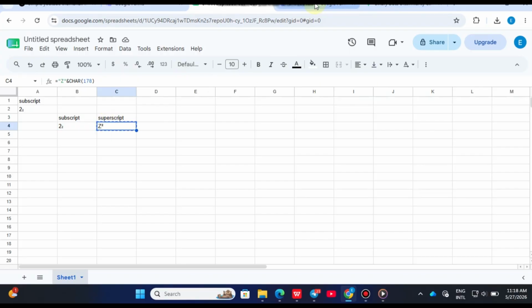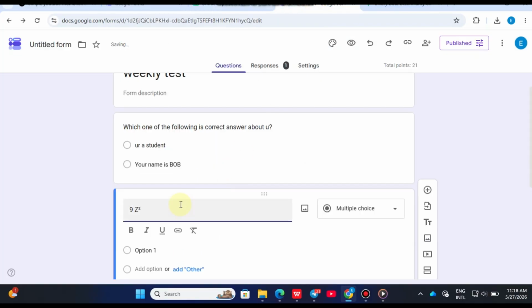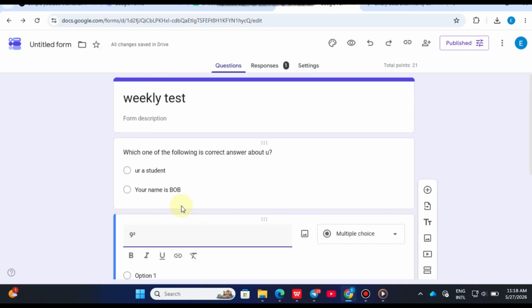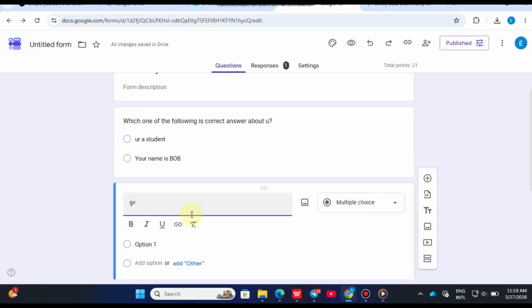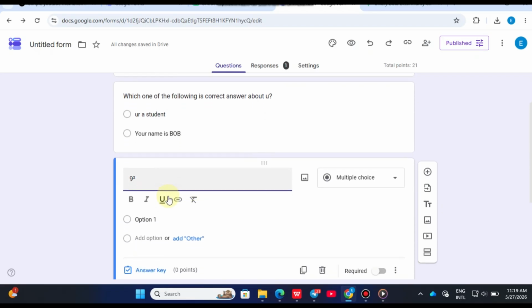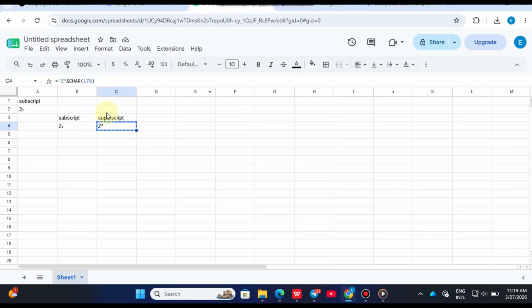Another useful tip is to keep a small document or table containing commonly used superscript and subscript characters. This can save you a lot of time later because you won't need to search for the symbols every time you create a new form. You can even create your own reference sheet with numbers, letters, and symbols that you use often in your subjects